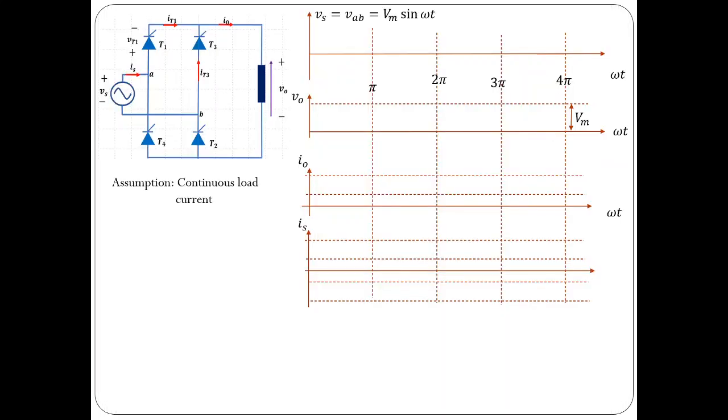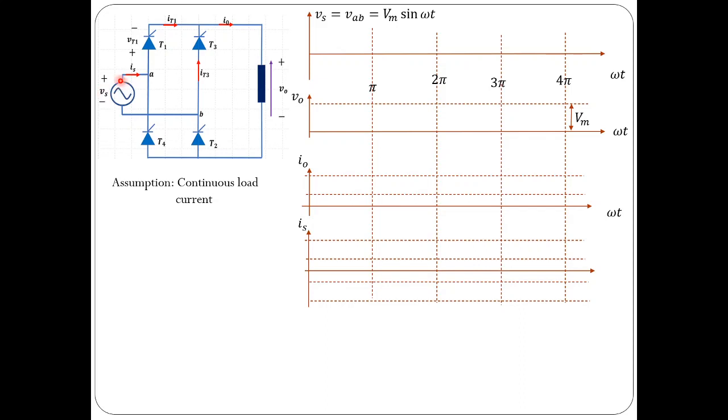Circuit diagram for single phase full converter with B2 connection is shown in this particular diagram. It has got a single phase AC voltage source with voltage across it equal to Vs with given polarity, that is top terminal positive, bottom terminal negative. This is a single phase AC source, so sinusoidal voltage will appear across this, which is equal to Vm sin omega t. Now the source is connected between A and B terminals, so VAB would be same as Vs, that is equal to Vm sin omega t. Similarly, VBA is equal to minus Vs, that is equal to minus Vm sin omega t.